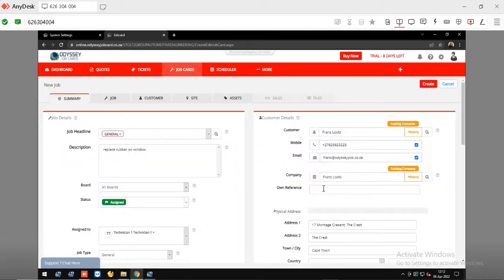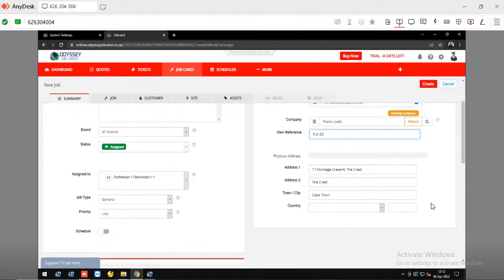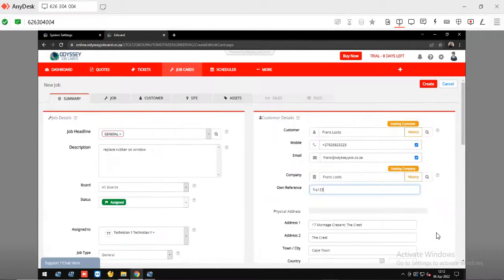customer's information. I can then say own reference, it's mine as a customer that I want to give you, and then we can just check that everything is 100% on this. We can also set it up so that if there's a little tick next to the mobile number or a little tick next to the email, this customer will receive an email when this job card is completed. And we can also switch that off if you do not want him to get an email. So after this is done, I can then just go and click on create,